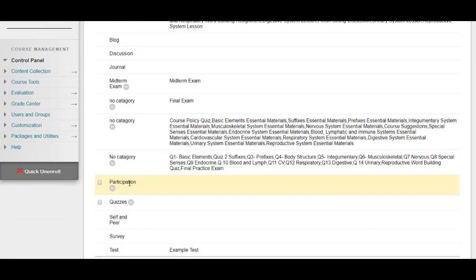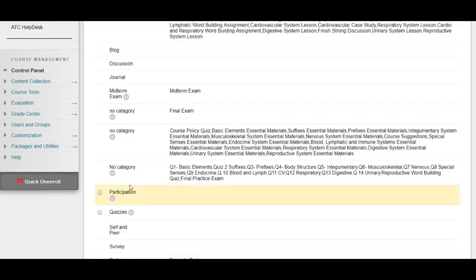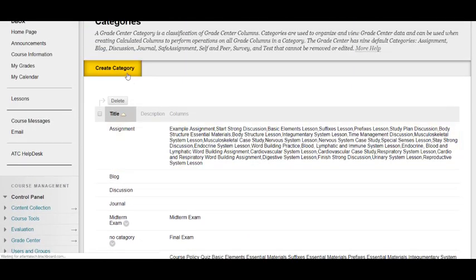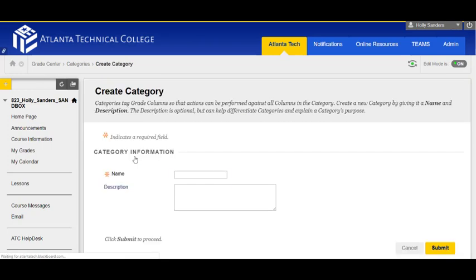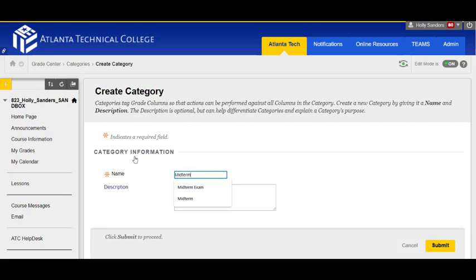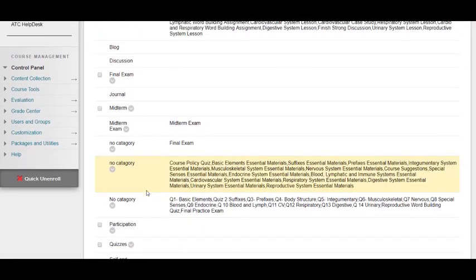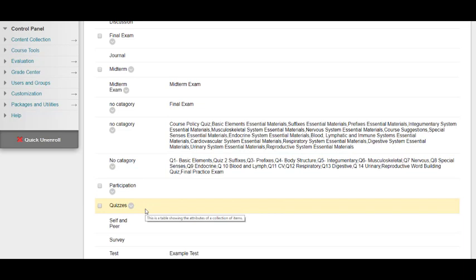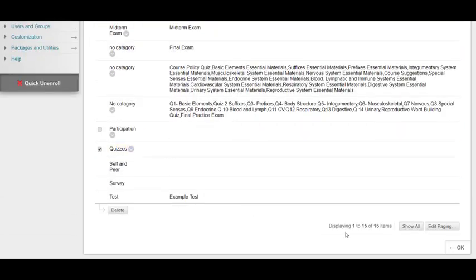So once you've submitted, you can see I have participation now available as well as quizzes. It looks like I do have assignments, so I also need to add final exam and midterm. And now when I look through, I see all the categories that were reflected on that syllabus: assignments, final exam, midterm, participation, and quizzes. You want to make sure there's only one of each category. If there happens to be a duplicate, then you'll hit this drop down and just hit delete. But since this is correct and there's one of each category, I'm going to come down to the bottom and